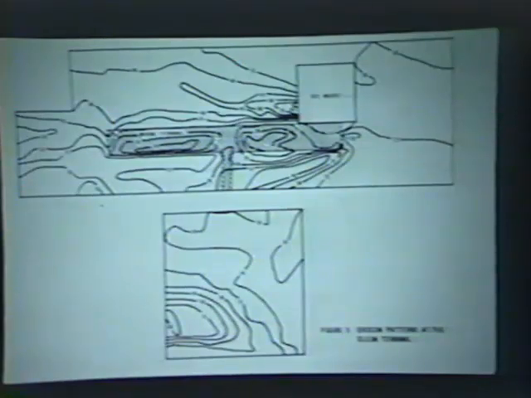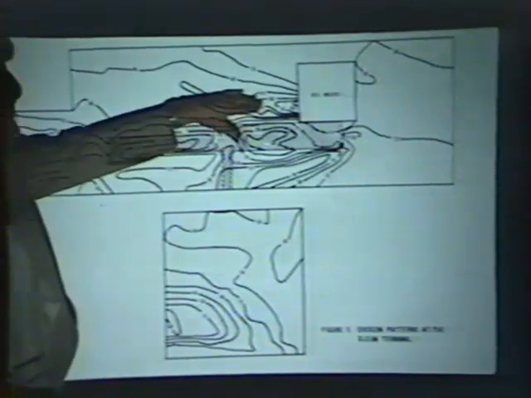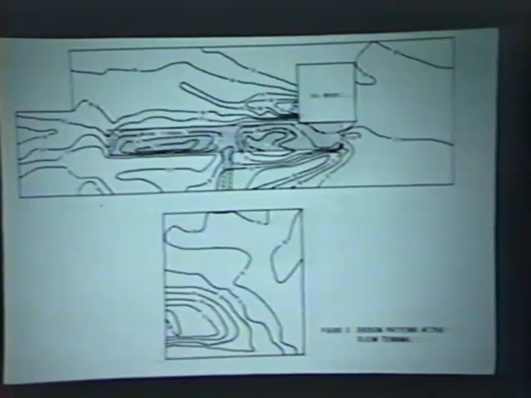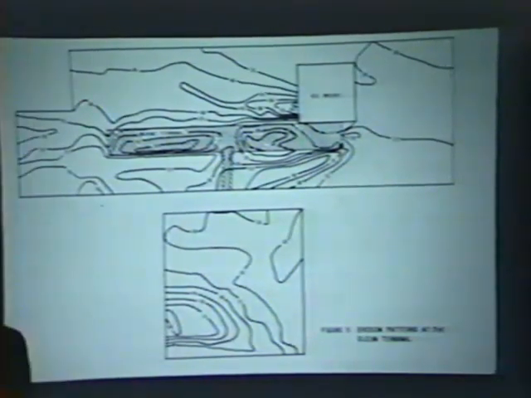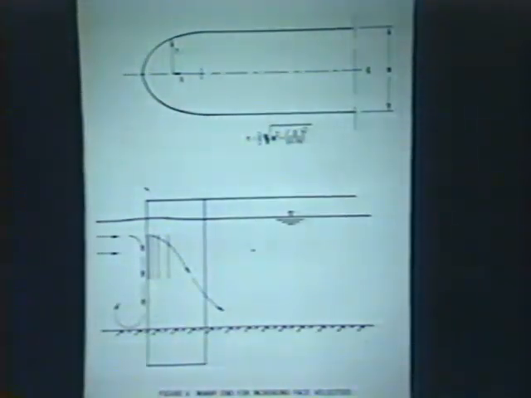Well, a student did a model study of the shape of a wharf end that would cause the scour to occur right next to the face. And what he did was go down to the Bay model and put in that very wharf different shaped ends, small models, and measured the velocities along the face of the wharf for the different models. And the optimum one that he came up with, a pretty practical problem, has a shape where